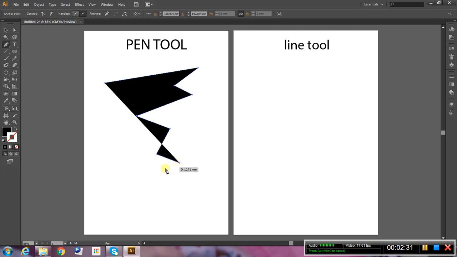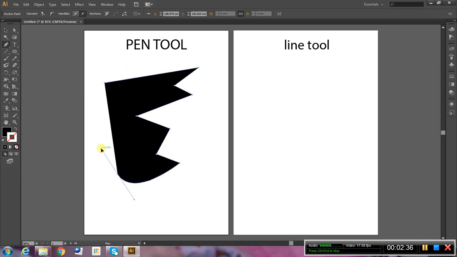But before I do, I'm just going to show you how to click and drag and make a curve. So click and drag, click and drag, click and drag, and you can see how it makes a curve in the line. Okay, so that's how we use the pen tool. Click, release, click, or click, drag, click. So if I control click, it releases that pen from that particular shape,